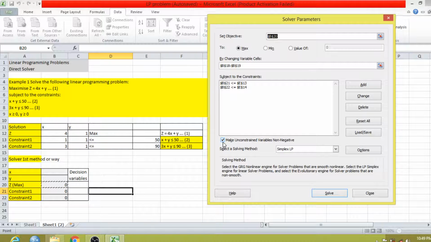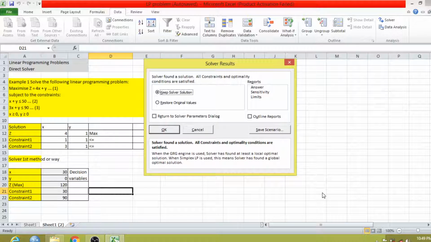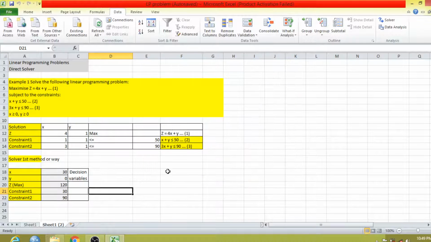Now I will make sure this is checked, make unconstrained variables non-negative. Then I will select Simplex LP. Now I will click on solve. In this particular example, the optimum solution value of Z maximum is 120, and the values of the decision variables are x is 30 and y is 0.